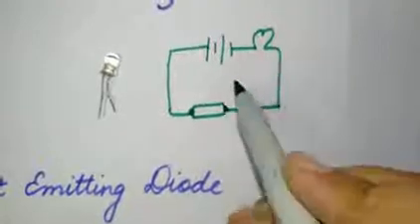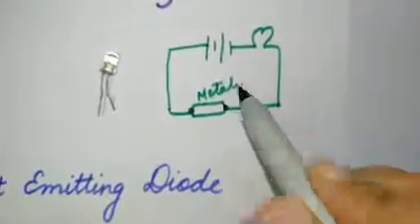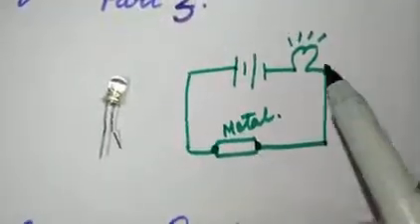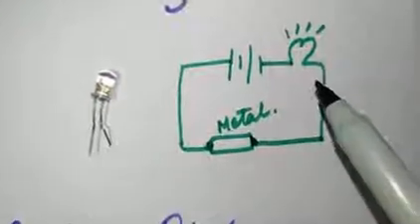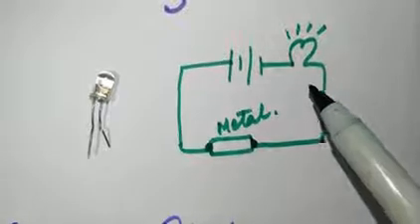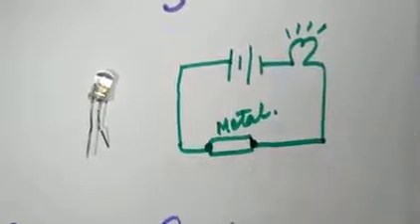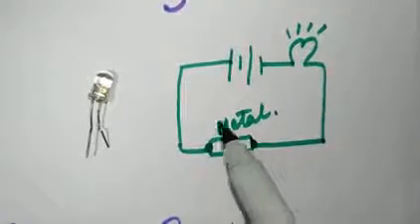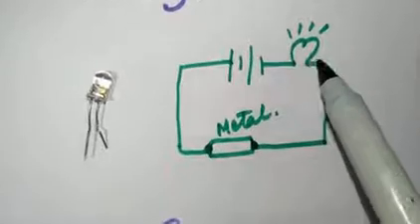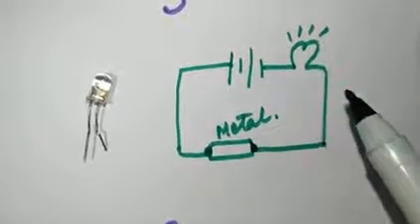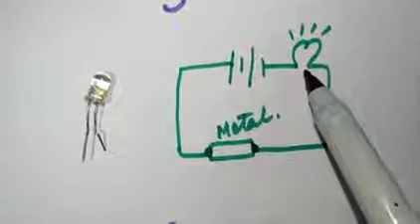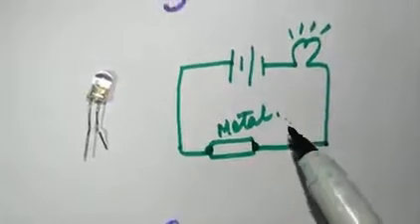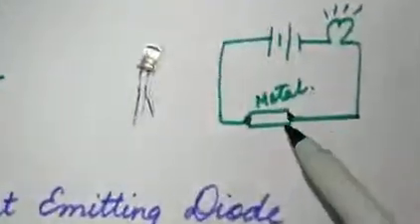So here if I connect a metal scale, then naturally the bulb is going to glow. If I connect a plastic scale, then naturally the bulb is not going to glow. With the help of this, we can make our own tester and detect whether a substance is a conductor or an insulator. If I connect even a safety pin, it is going to glow. Why? Because the safety pin is made of metal, and metals are good conductors of electricity. So the test is that if the bulb glows, it is a conductor, and if the bulb does not glow, it is an insulator. Even if the scale is of wood, it is not going to glow because wood is an insulator.